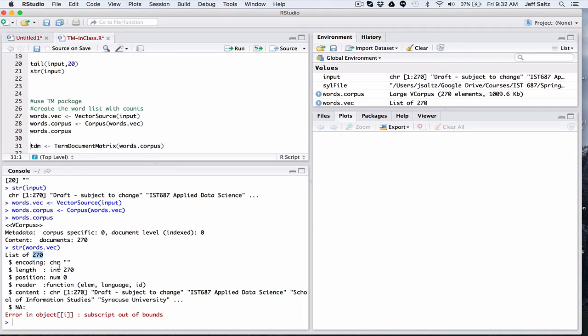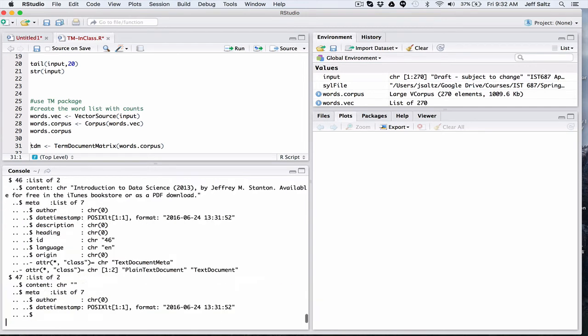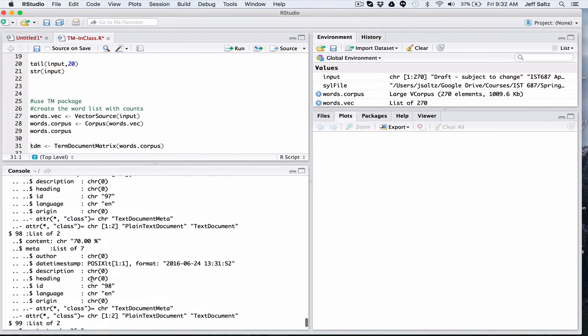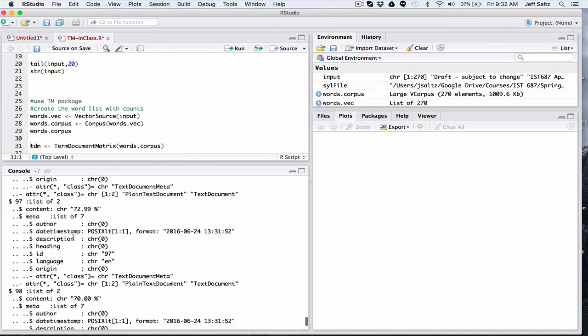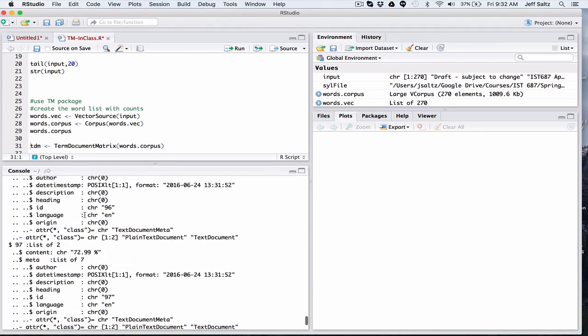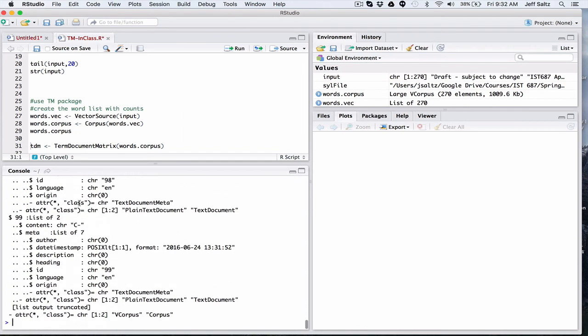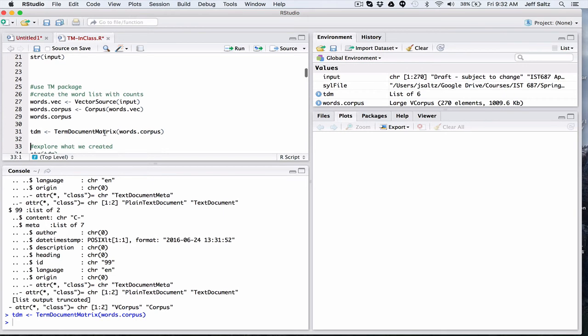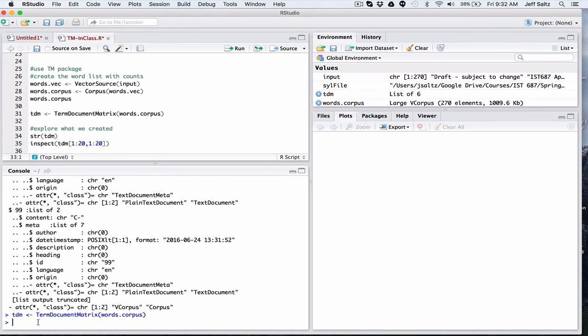And then a corpus. We're not going to be working too much with the corpus, but I can take a look at it. It's an intermediate format, which has a lot of information on it. Basically, you can see it's got some information about each word. The term document matrix is really what we'll be working with, so I'll call it TDM. It's always built from this word corpus. So if we take a look at that,